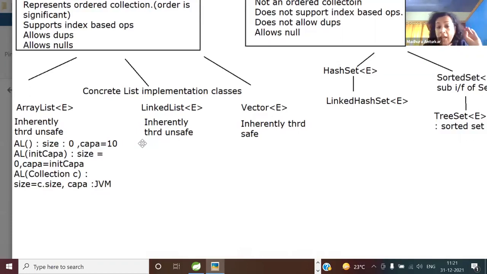But the point is, if you have insertion and deletion, which will offer you better constant time performance, such as the O(1) factor, ArrayList or linked list? But if you are doing some index-based operation, index-based searching, get by index, which will guarantee you the O(1) factor? ArrayList. Absolutely correct. And which will give you a variable O(n) factor dependent upon the size of the list? It is the linked list. Absolutely correct. So these are the differences. And of course, I'll talk about internal memory structure and show you through the diagrams. So this is what you knew about list implementation classes.